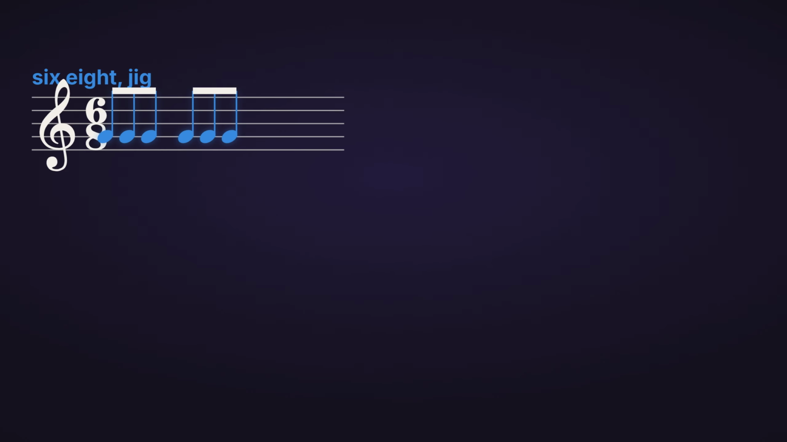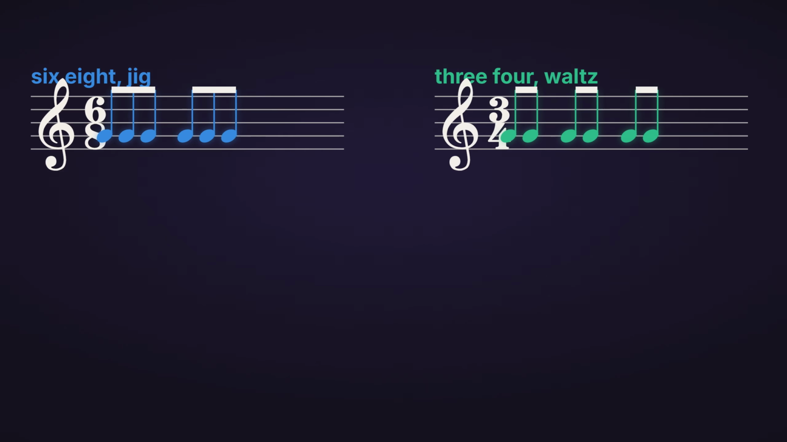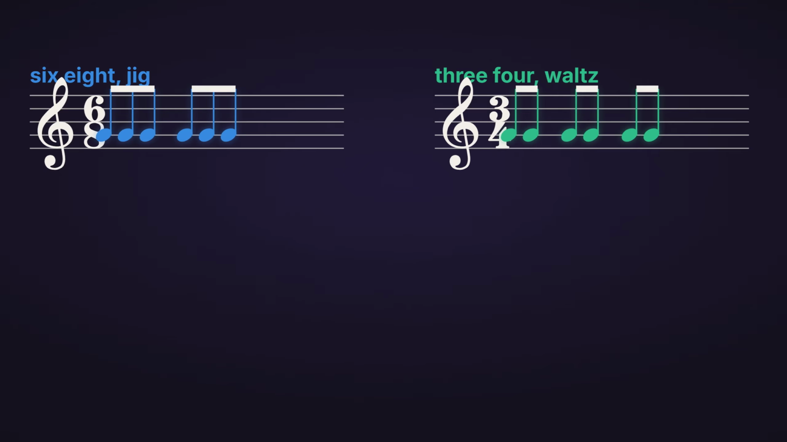Now put 6/8 and 3/4 side by side and let your ears decide. 6 eighth notes beamed 3 plus 3 in 6/8. The accents fall on the first and fourth eighth notes. The same 6 notes beam 2 plus 2 plus 2 in 3/4. The accents fall on the first, third, and fifth. Same notes, different accent positions, different beaming,